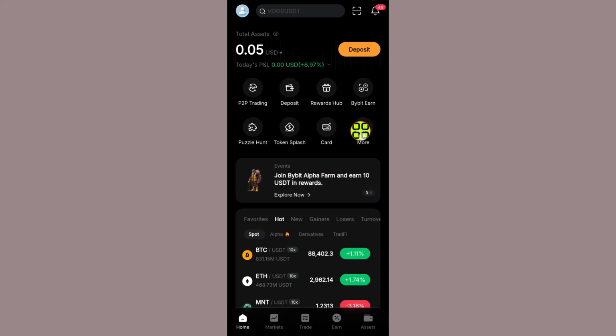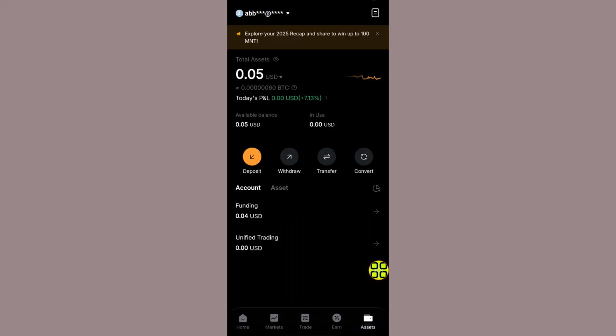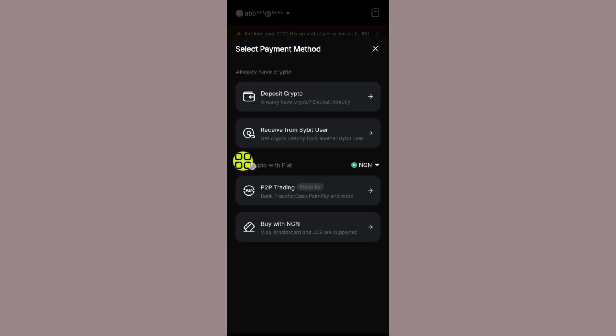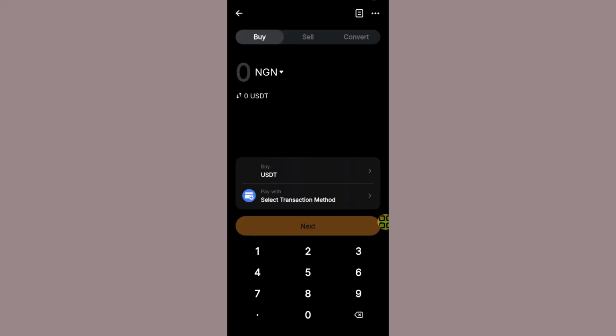After you open up your Bybit app like this, go to Asset at the bottom right side. After you go to Asset, tap on this Deposit button. After you go to Deposit, now select this Buy with NGN. From this option, the first thing to do is tap on this Buy button and select